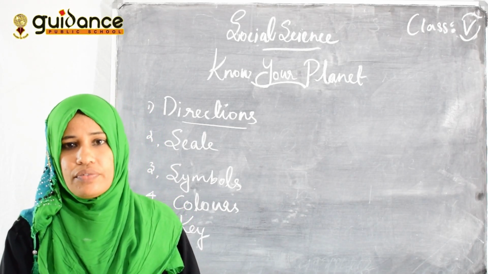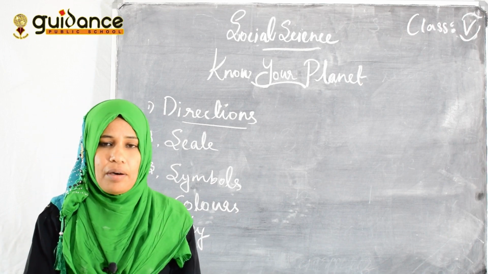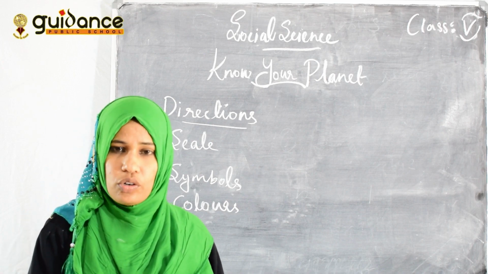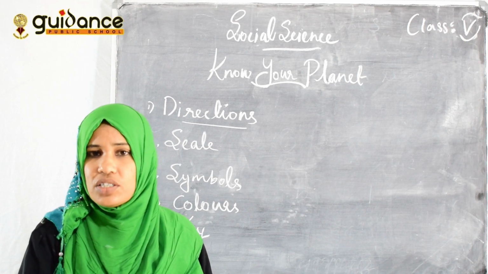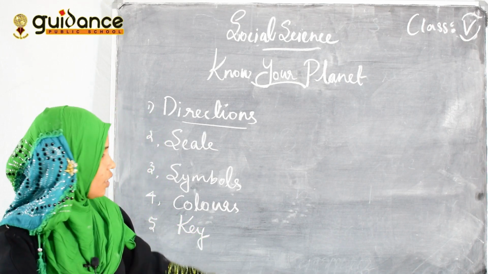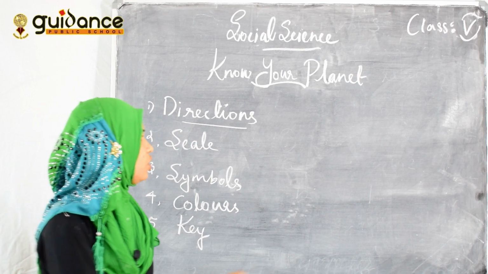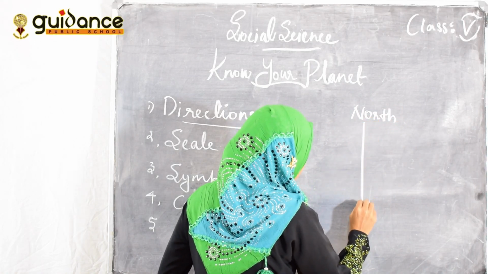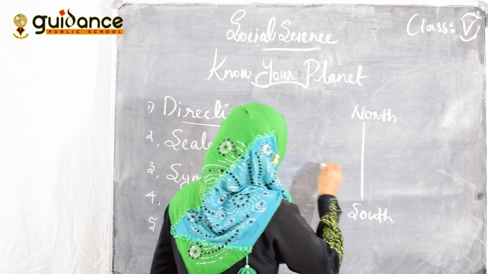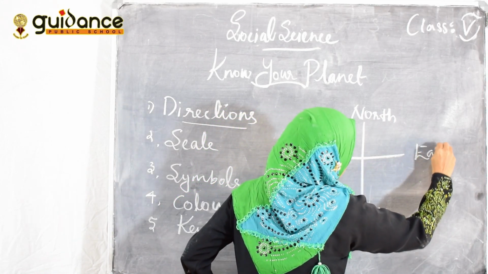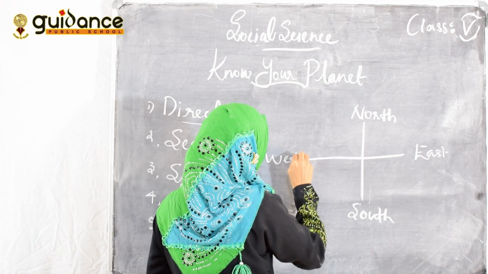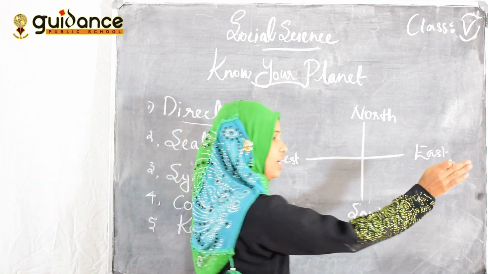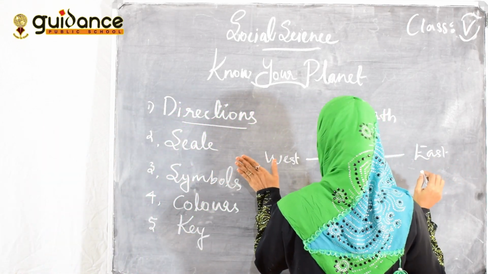All maps follow a system of direction. The direction on a map can also be shown by an arrow marked by N, which points towards the north. The other directions are then easy to find. There are four major directions: north, south, east, west. The top of the map is north and the bottom is south, and our right is the east and our left is the west.